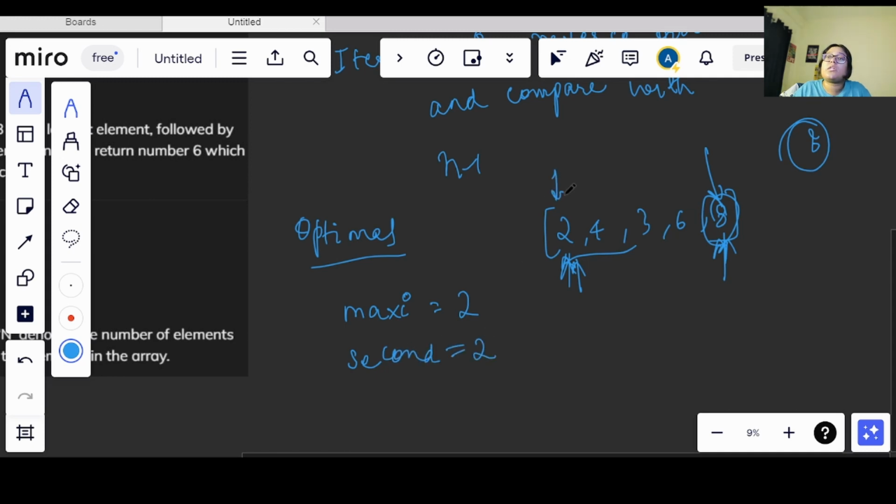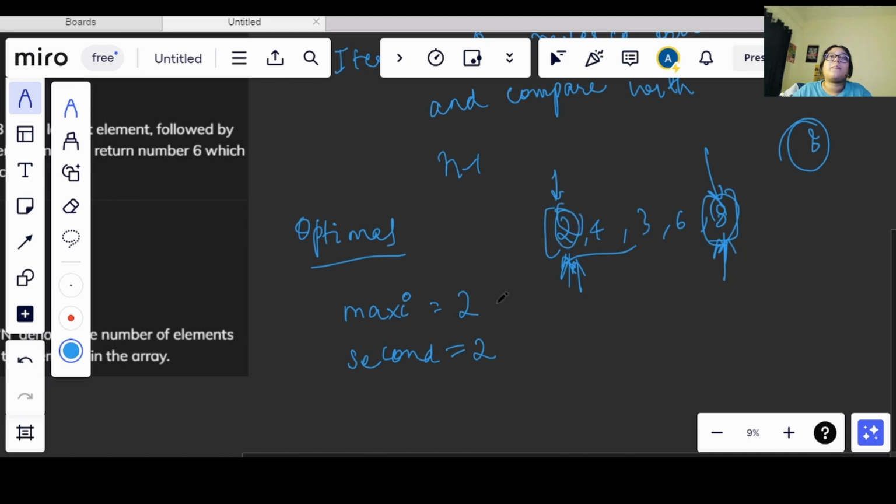Now why am I not taking the most minimum value that is possible? Because we have already been given that the values in the array can lie from -10^9 to 10^9. So if I take any initial value, it can create a problem for me, right? So in order to avoid that, we will assign the 0th index value to both of these.